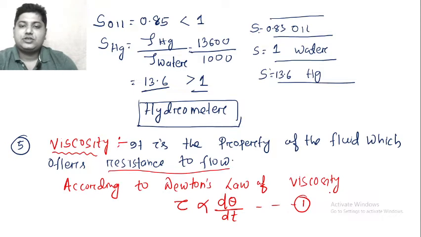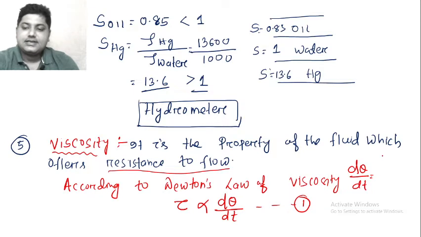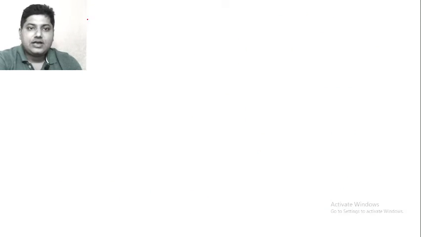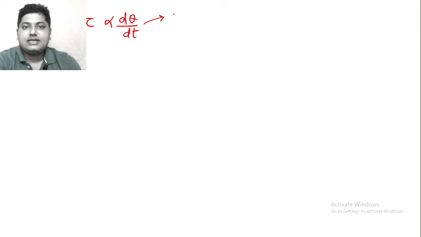Tau is directly proportional to d theta by dt. What is this d theta by dt? This d theta by dt is called the